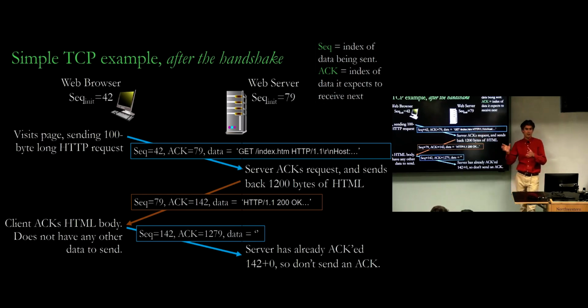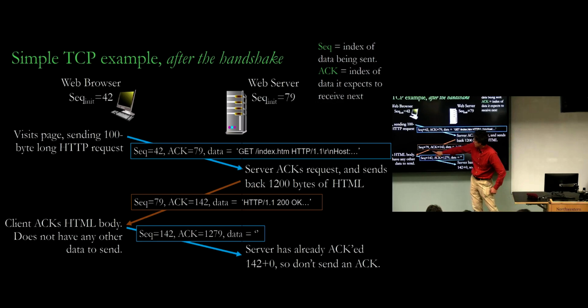Usually you want to send the data that corresponds to the request back. Like you want to send the HTTP response back. So the server might construct an HTTP 200 OK message that has some data. All right, so let's say there's 1,200 bytes of HTML that's being returned, and it fits into one segment. So the body will have that data, and then you're going to have some TCP headers on top of that.